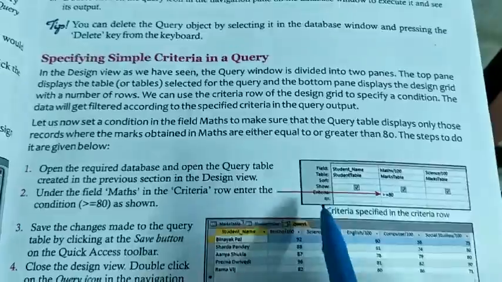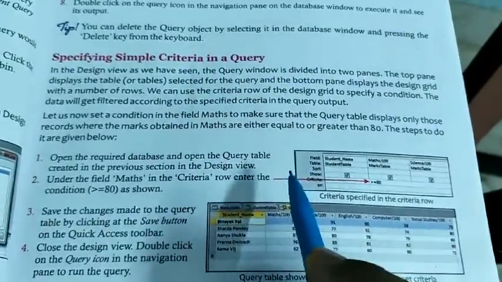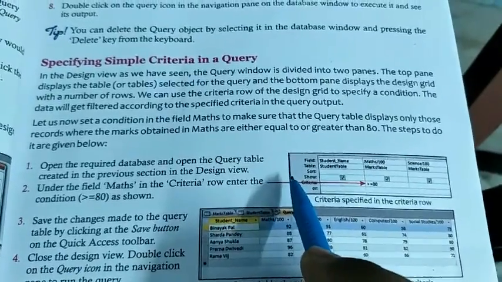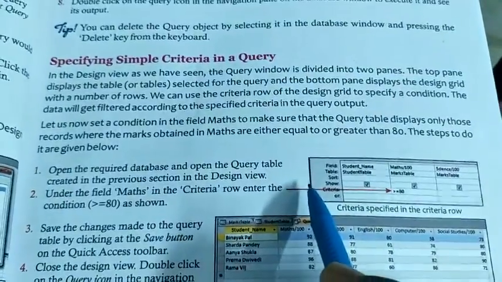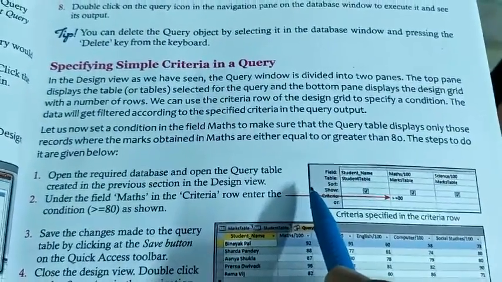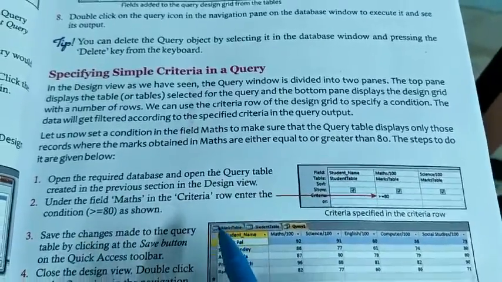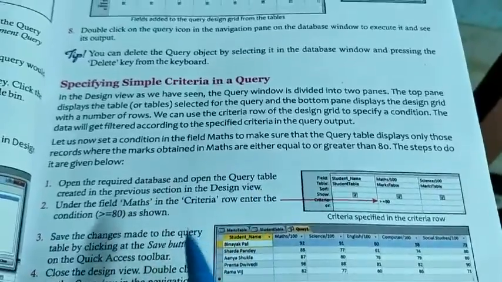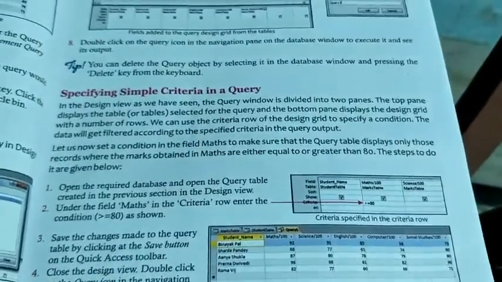Okay, where you can put condition. So on the basis of that condition, your records get filtered. Your records will get filtered and you will get only specified data or selected records only. So criteria is a field where you can put some condition, and on the behalf of that condition, you can get selected records.